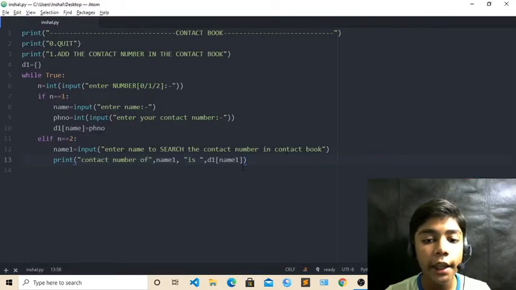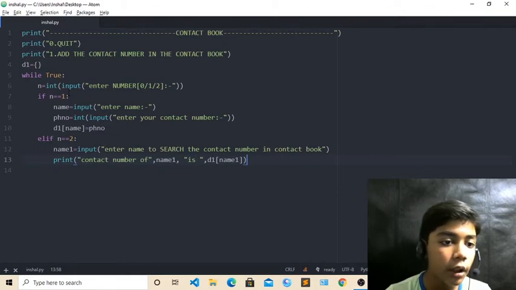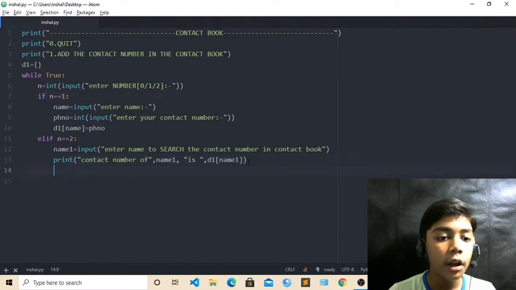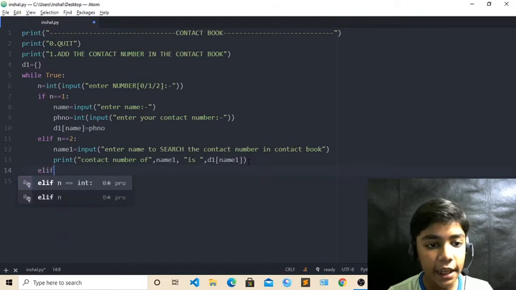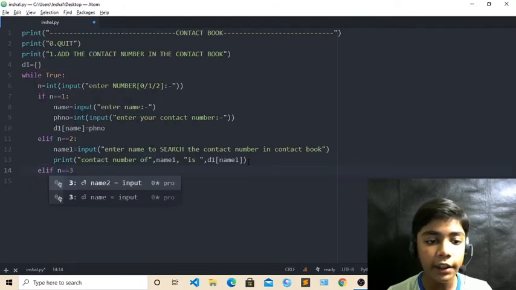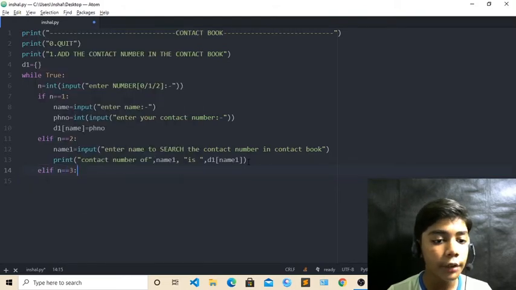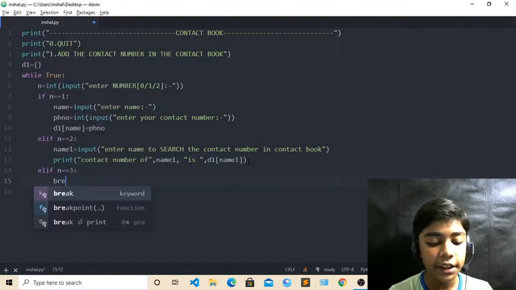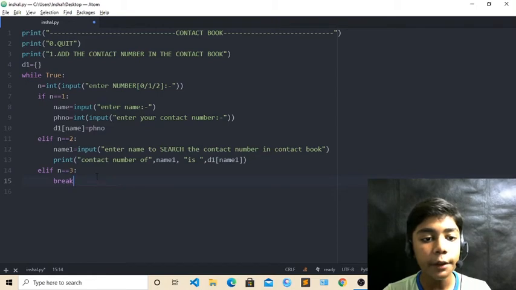Now when you have done all this, we have to again define this elif, like I have told you. First we have to define the if tag, and then second or third we will define the elif tag, because we don't define the if tag again, we only define it first. Now when you have done this, backspace, elif n equal 3. Previously it was 2, now it will be 3 because we are defining it the third time over here. Now just write break over here, which means it will break all these things.